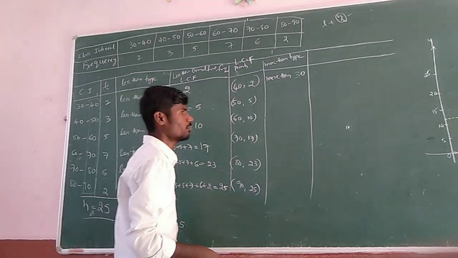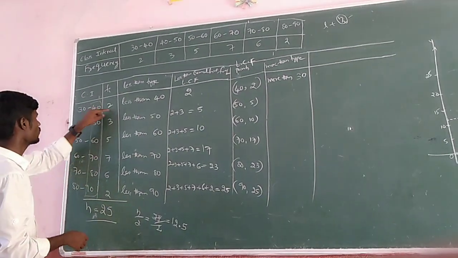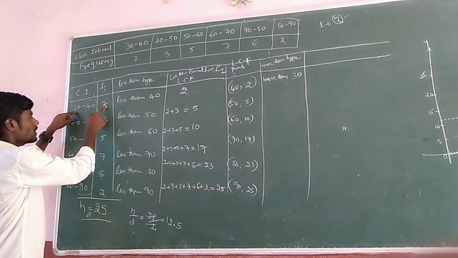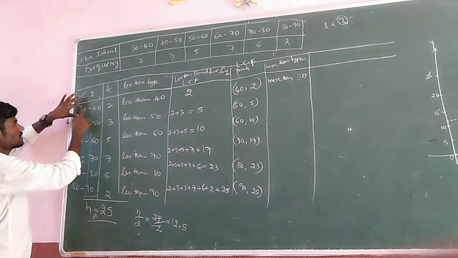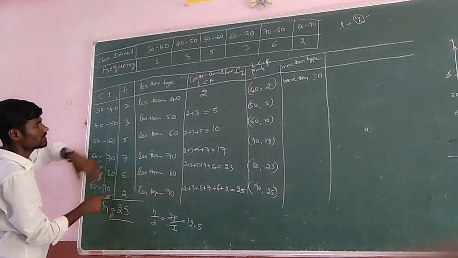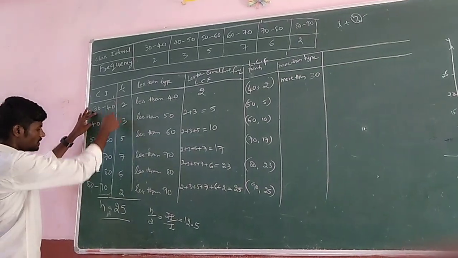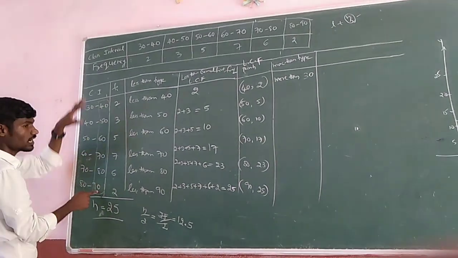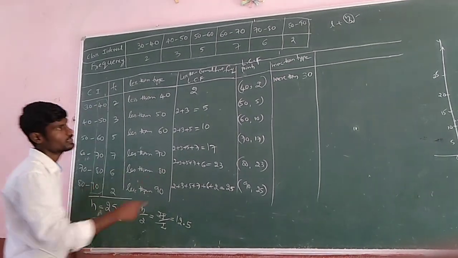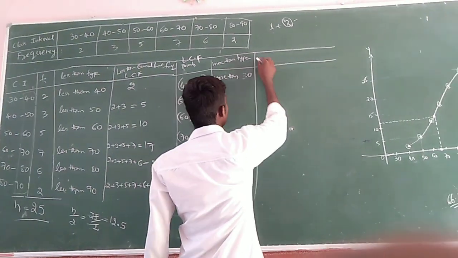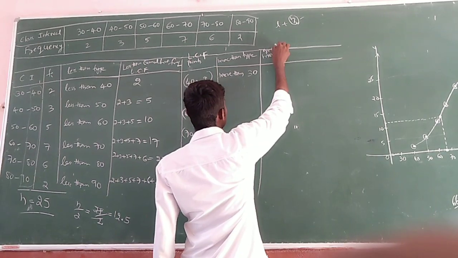2. Okay? But don't get confused and think that for more than 30 we only have the 30 to 42 class. More than 30 means 30 to 90, all of these are considered as more than 30. So how many are they? Because 30 to 90, all of these are treated as more than 30. So these are all nothing but 25. That's why we take it as the more than cumulative frequency, or greater than cumulative frequency.